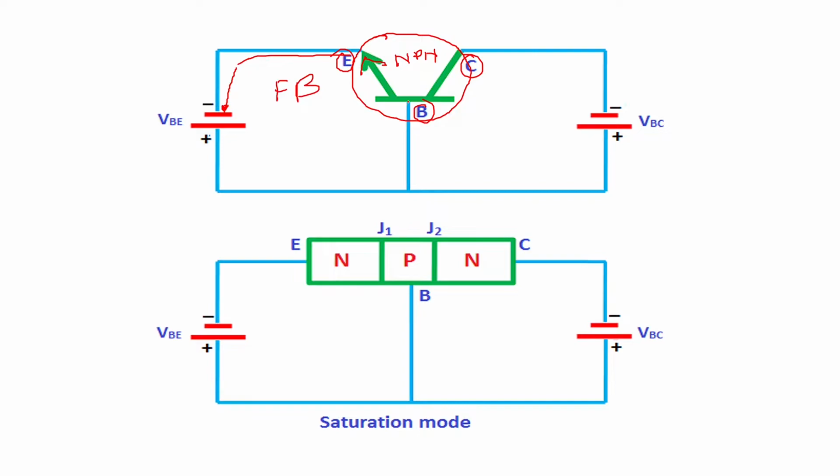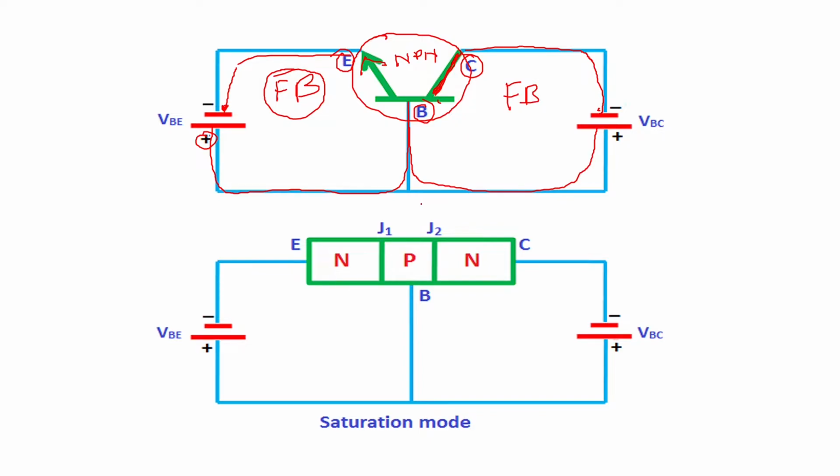Here you can see the p-type semiconductor is also connected to the positive terminal. So holes will again be repelled by this. So both these connections show that the first junction is forward biased. Similarly, if you go to the second junction, the collector, that is N-type semiconductor, is again connected to the negative terminal of the battery, and P-type semiconductor is connected to the positive terminal of the battery. So this is also forward biased.